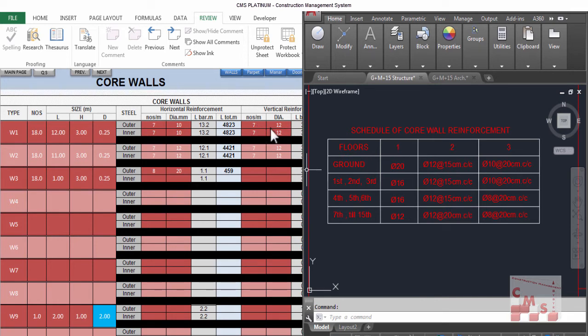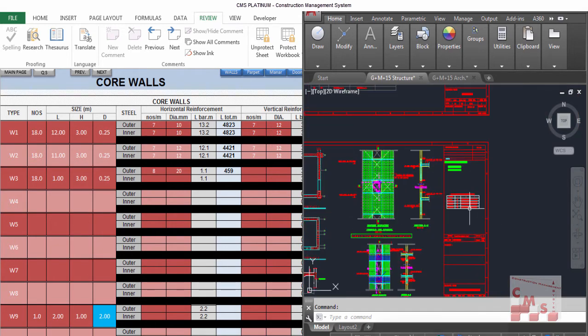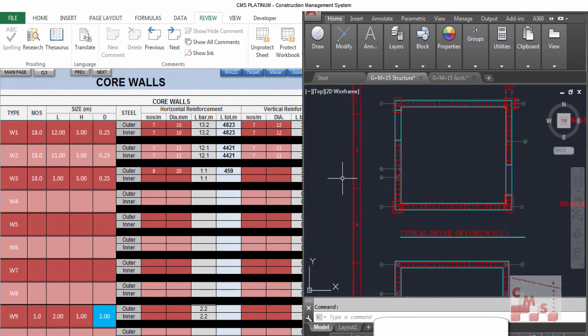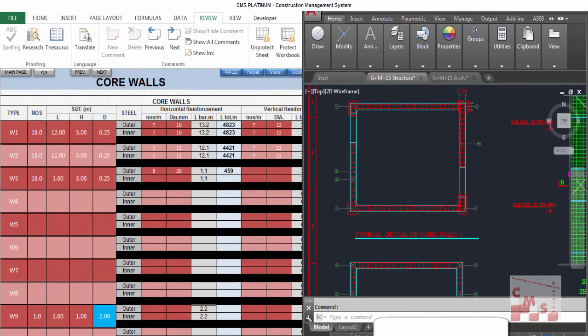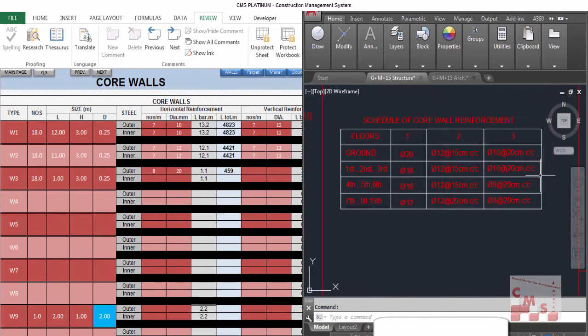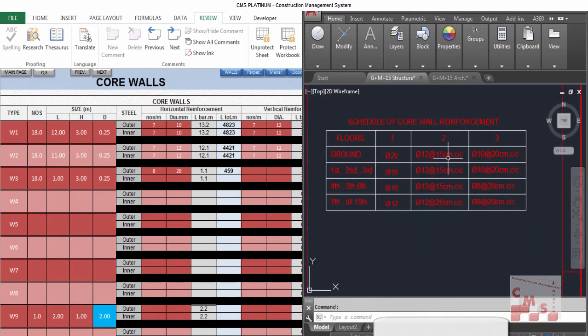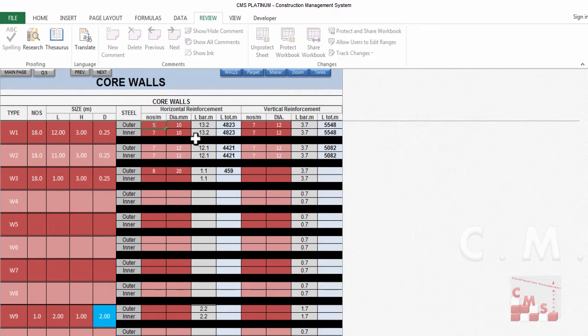In the inner and the outer, according to the drawing, it is 12 milli each 15 centi, 7 by 12. And for horizontal, it is 10 milli each 20 centi. So it is 5 inner and outer. Okay, and as we said, this is only for the ground floor, so we can mention here